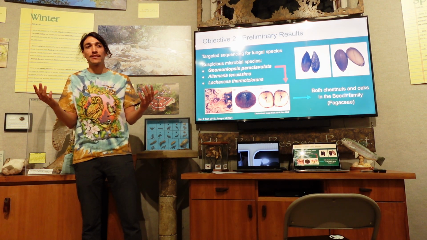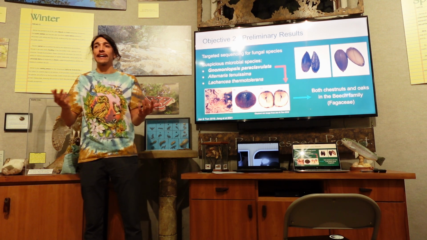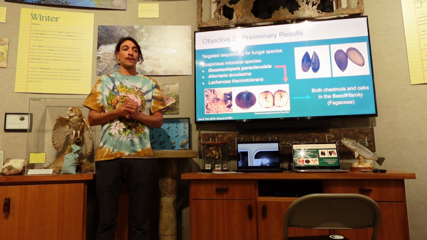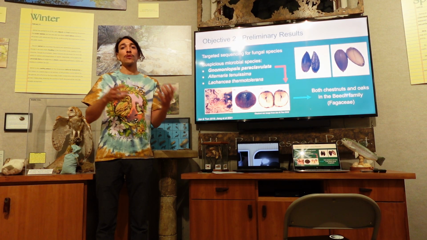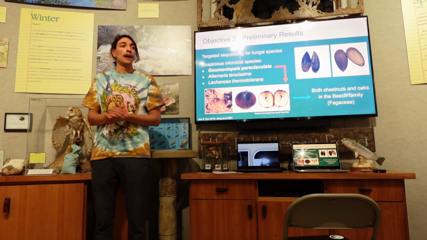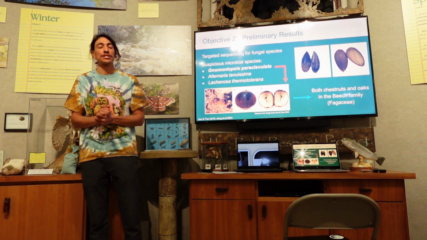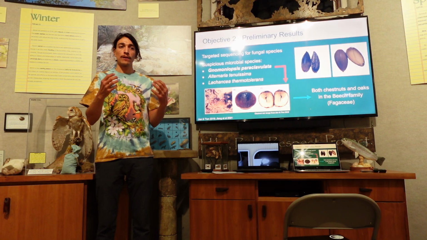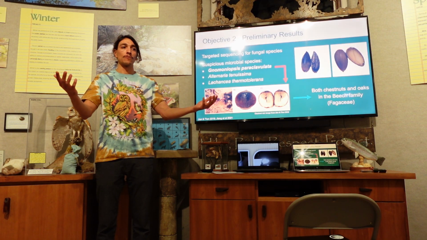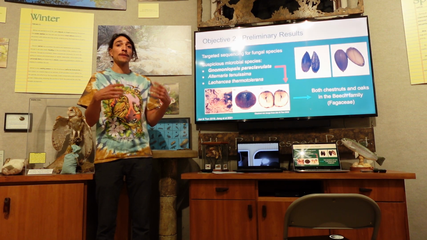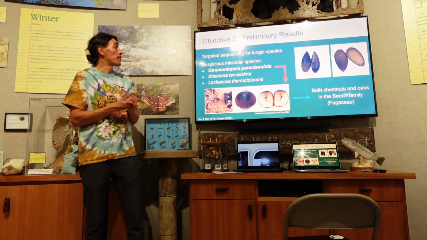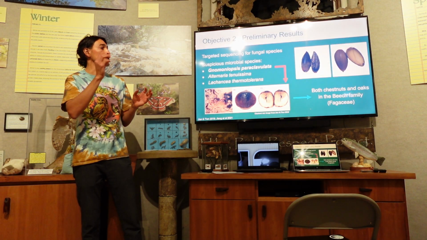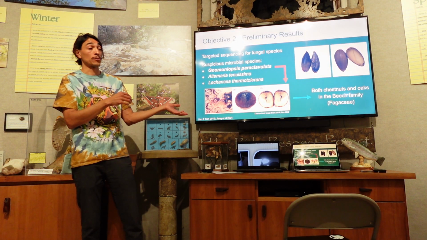And so it took a long time to do the DNA extractions. I hit a lot of obstacles along the way. It's actually a lot more difficult than you think to extract DNA from an acorn versus leaf or root matter, so I was hitting hurdles with just getting viable samples. But I'm at a point where I've sent out some samples and I'm waiting to get results back from a lab that is able to process them. But I did do some preliminary targeted sequencing in 2025 based on some samples from 2023.